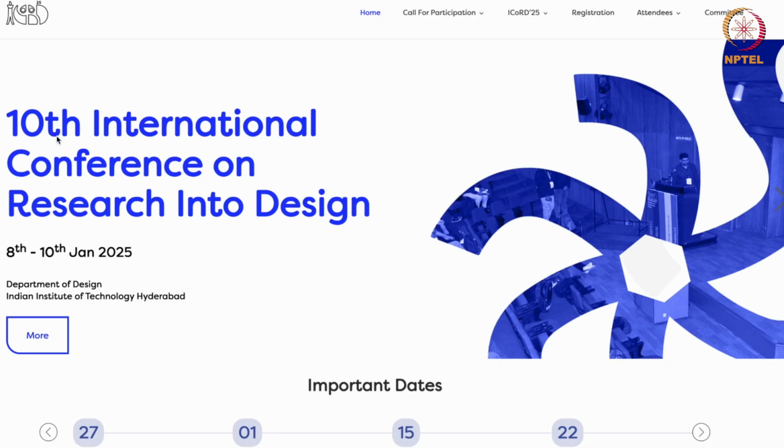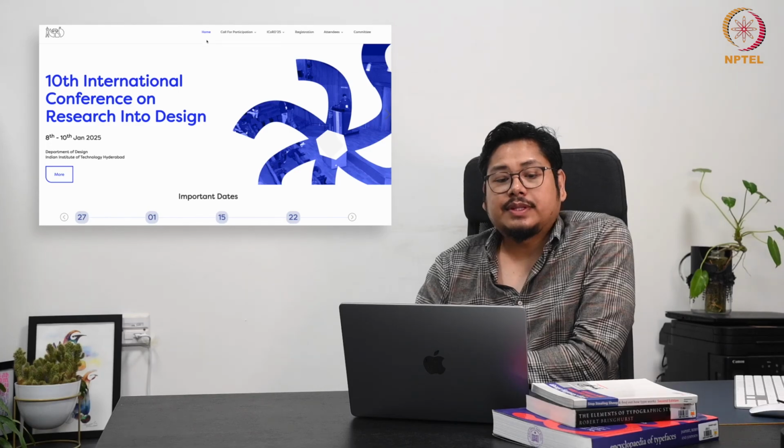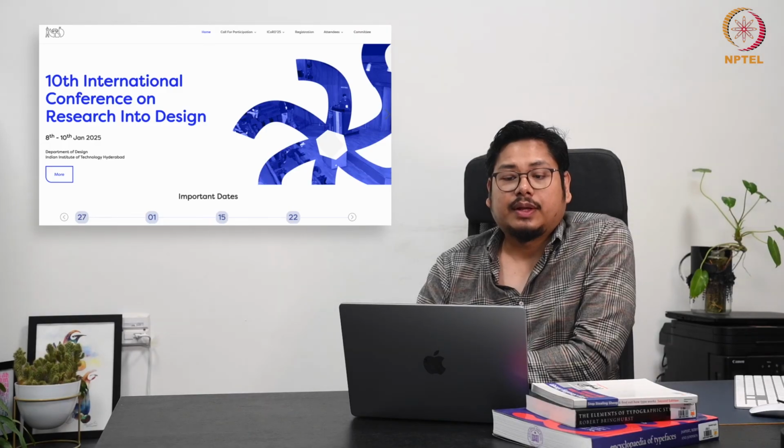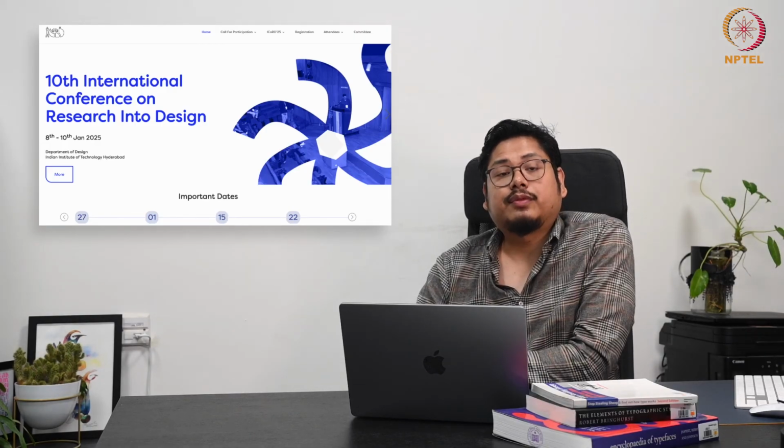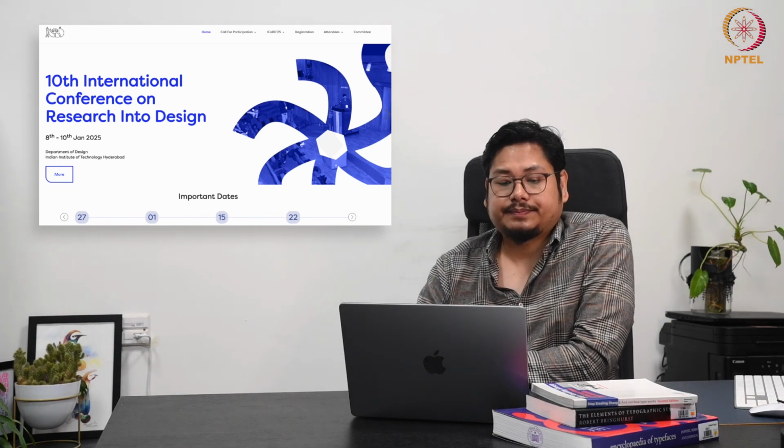So here automatically your eyes will go because of the contrast in size, right? The size is much bigger in nature, so automatically your eyes will read this first, then gradually the second segment, which is a little less compared to the first in terms of size, and gradually it will follow the overall composition. Once done with this, your eyes may also go here, understanding the segments in the overall website. So this is where the fusion between color and shape plays an important role in creating the hierarchy or information flow in this particular composition.